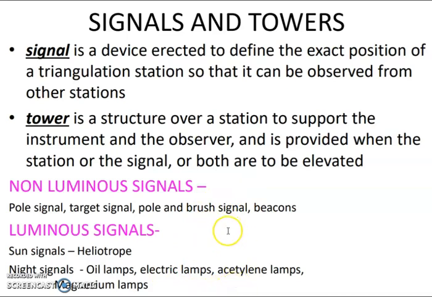So basically, when is this required, signal or tower? These are required, specifically tower, it's required when, let's say, the intervening ground is having an undulated profile. Now in plane survey, tachometry, whatever we all study, see your tachometer was here, and RL of this point is 100 meters, and let's say your staff station is here. RL of this point is 100 meters, right? And now this is your line of sight. You are standing here, you are standing at the instrument.